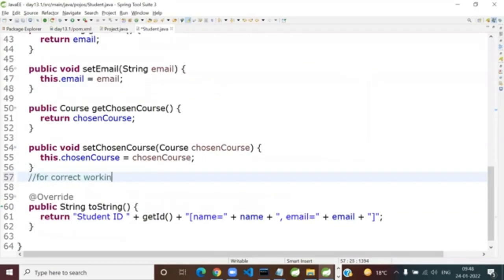Correct, working and efficient. Let's add both: efficient working of the hashing algorithm in a HashSet. Override hashCode and equals, both parts.